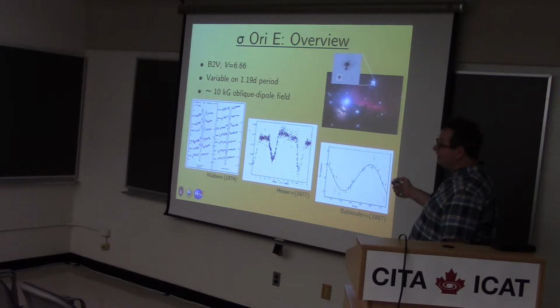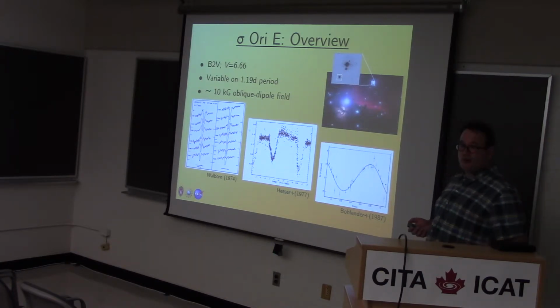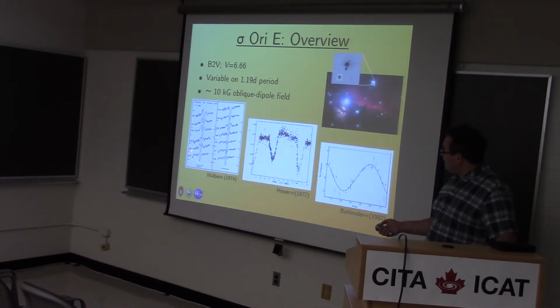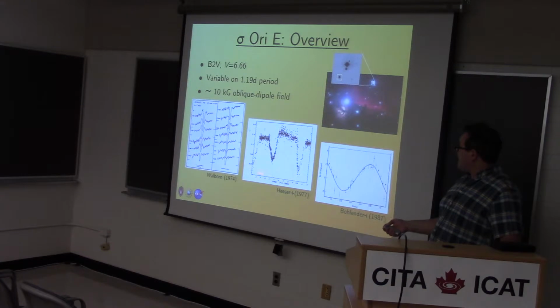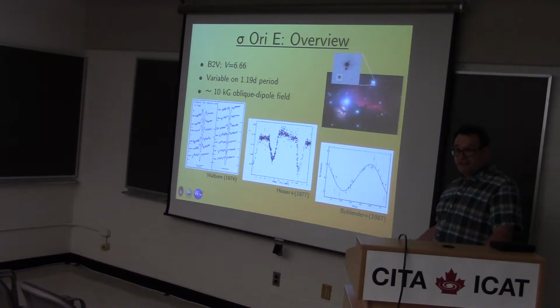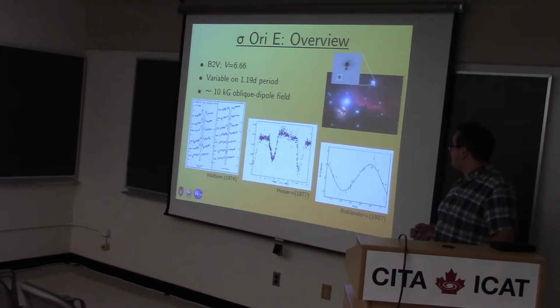However, off to one side is Sigma Ori E, which was the first B-type star that had a magnetic field detected in it. It was discovered by John Landstreet in 1977. But it was already known before then to be a rather weird star. It shows twin-peaked H-alpha emission and a double eclipse light curve. Both of these arise from the magnetosphere. But when the star was originally observed, before the field was detected, it was a bit of a puzzle. Based on this light curve, people thought it was an eclipsing binary at first. The period of the star is about 1.2 days, so it is rotating quite rapidly.